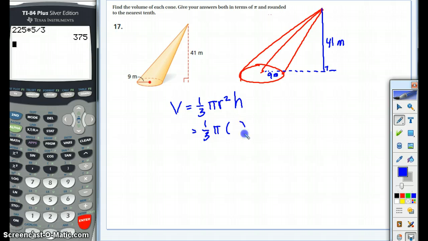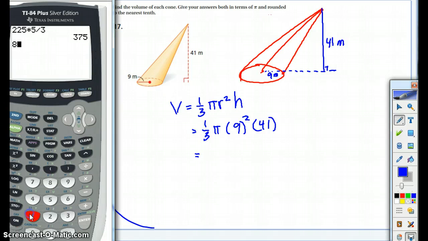So now we're going to plug in what we know. Our radius is 9 and our height is 41. So once again, please don't cancel that third with that 9. You have to do the squared first. So let's go ahead and start typing things into the calculator. So we know 9 squared is 81 times 41. You'll notice I press the enter, divided by 3. And there's my answer,